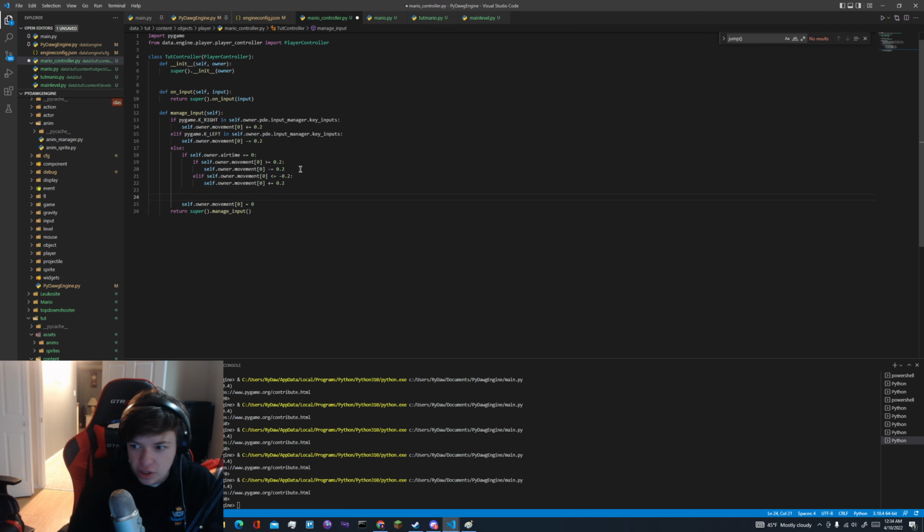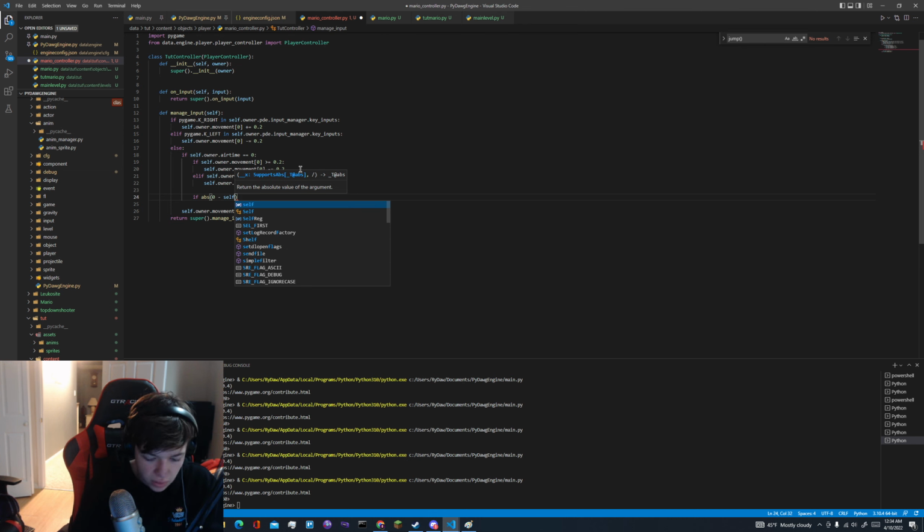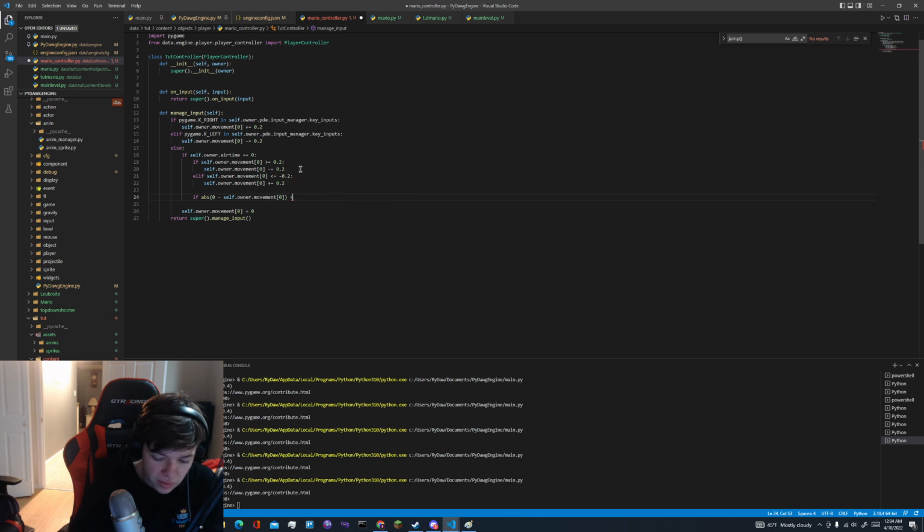Now, after we run that check, we could do if the absolute value of 0 minus self.owner.movement[0] is less than or equal to 0.2,